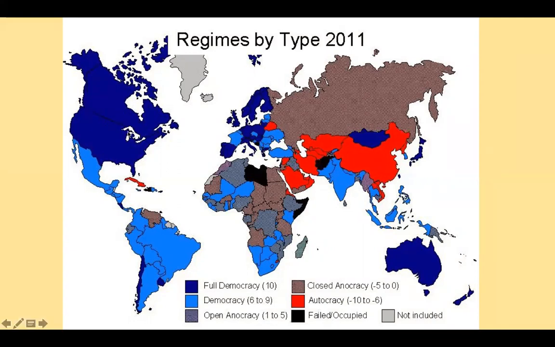This is in 2011. And this data is a little bit old, but I wasn't able to find a newer map. What it shows you is that there is a lot of variation when we actually use the spectrum as opposed to the dichotomy. Remember that democracy dictatorship would look at these countries in terms of 2 categories, democracies or dictatorships. This measure, by contrast, distinguishes between different degrees of democracy and different degrees of autocracy. And so we see, for instance, that Russia would be looked at as a closed autocracy that falls between -5 and 0.